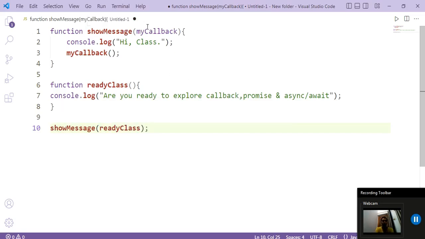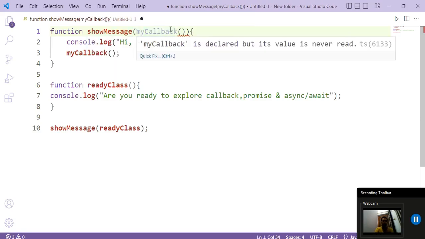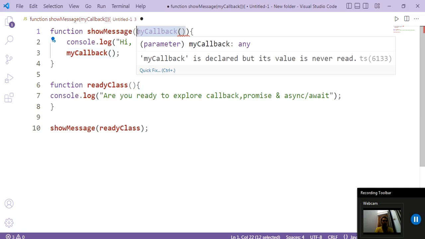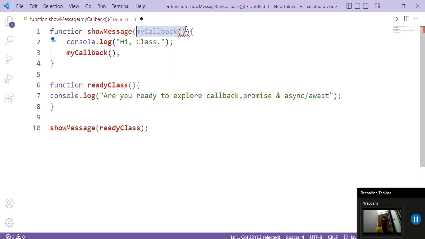So क्या किया हमने, एक फंक्शन बनाया show message, उसके अंदर callback function का पैरामीटर पास कर दिया, जिसका नाम हमने रखा my callback, ओके। और यहाँ पे हम लोग ब्रैकेट्स का यूज नहीं करते हैं, क्योंकि जब भी आर्गुमेंट पास करते हैं किसी फंक्शन के लिए, then we pass it as a reference of a function, okay. If we pass this bracket, then it means हम पूरा function as an argument execute करा रहे हैं, and this will cause an error. So we pass the reference of our function. Reference simply means we are passing the definition of our function. Definition is this much part is the definition of our ready class function.